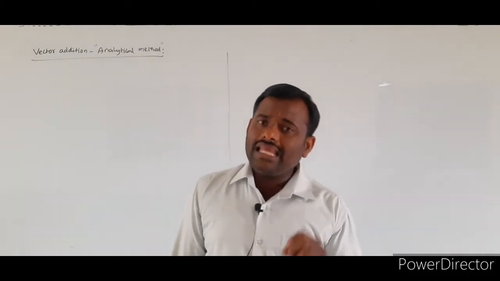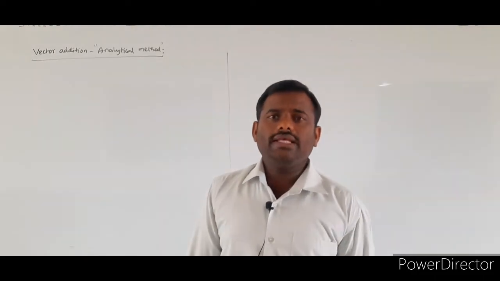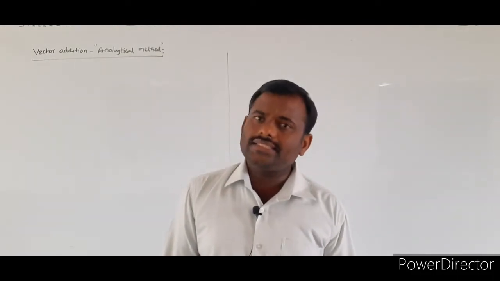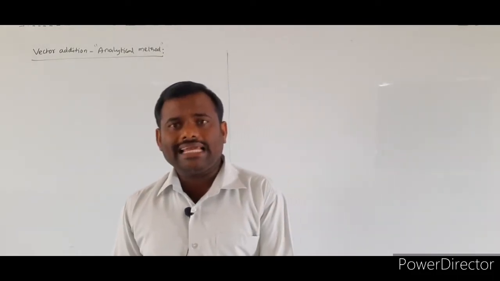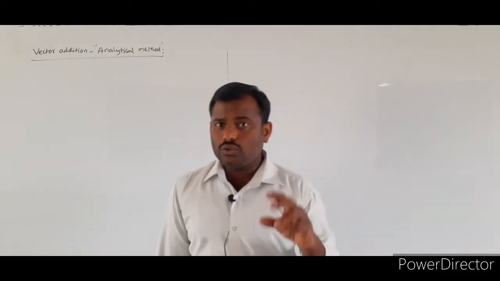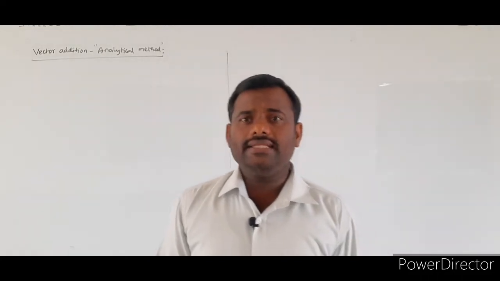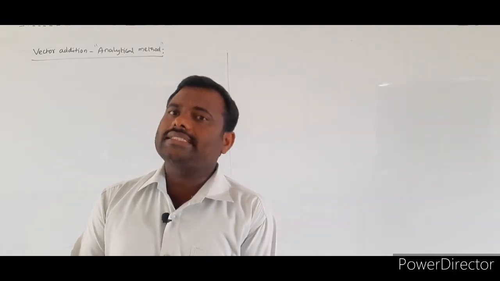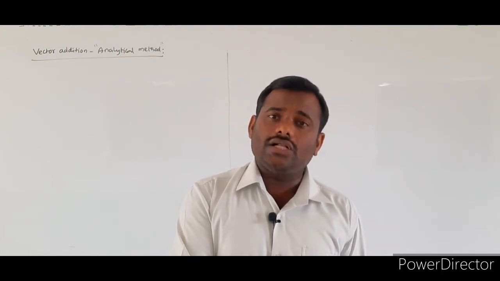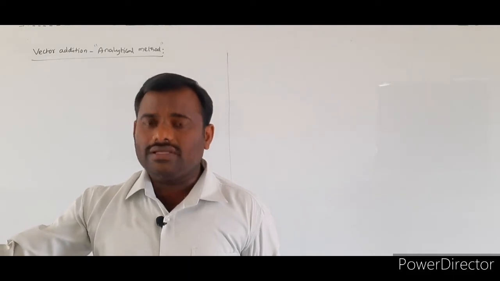First, if you place any one of the vectors in the given xy plane, we will resolve that vector into two rectangular components. One component is along the x-axis, and the other component will be acting along the y-axis. If you are placing two vectors in the given xy plane, the first vector will have its x component along the x-axis, and the second vector also has its own x component along the x-axis respectively.